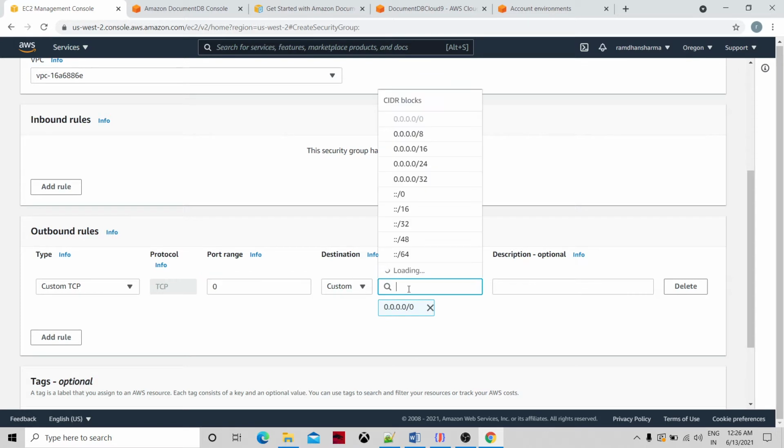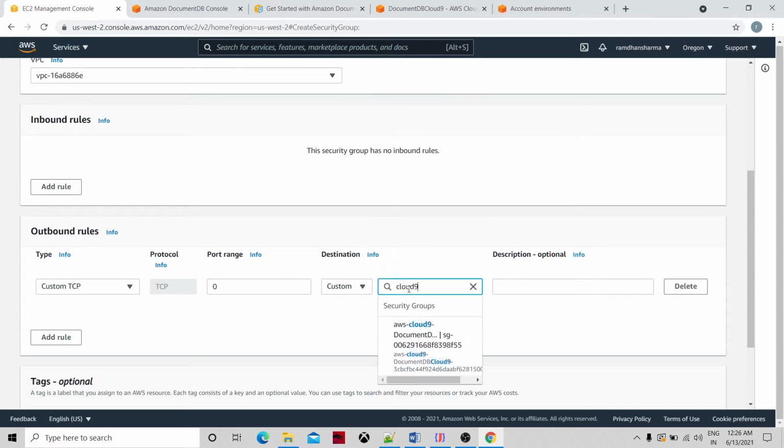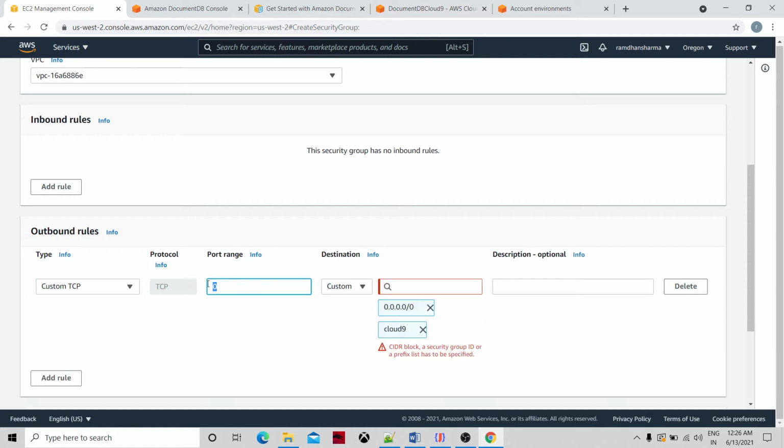And here you type Cloud9, and you will see AWS Cloud9 DocumentDB Cloud9, which is the name of our Cloud9 environment. So you specify it here.